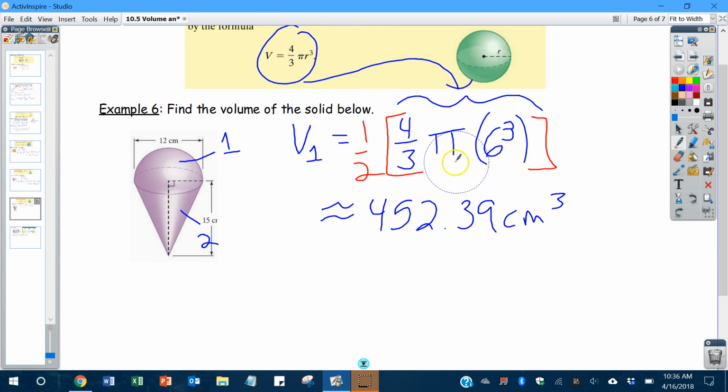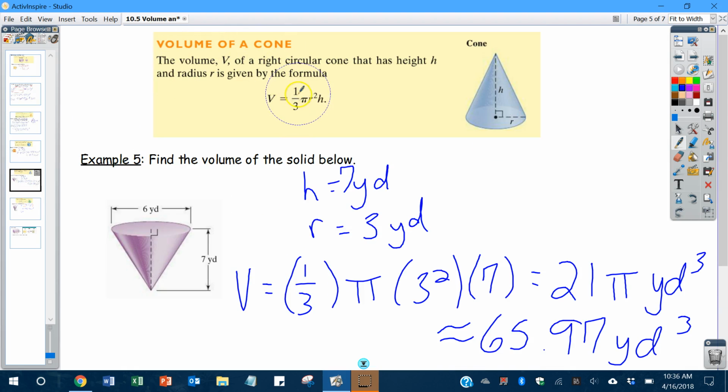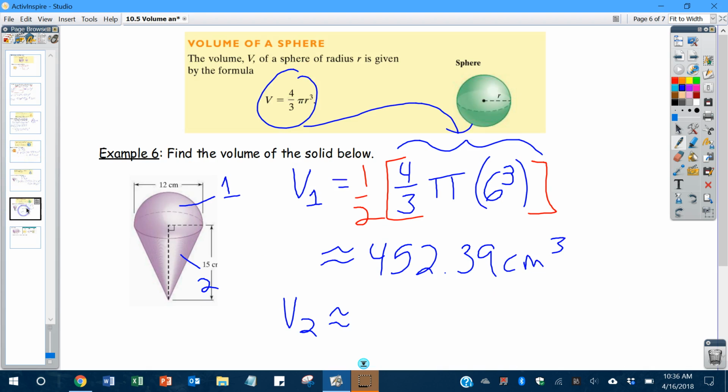So again, I used the sphere formula, and then I multiplied it by 1/2. And then for the cone, I need the cone formula, which I've already forgotten, but there's a formula for it. It's back here. The cone formula is 1/3 times pi times r squared times height. So I'm going to do 1/3 times pi. And then my r squared,